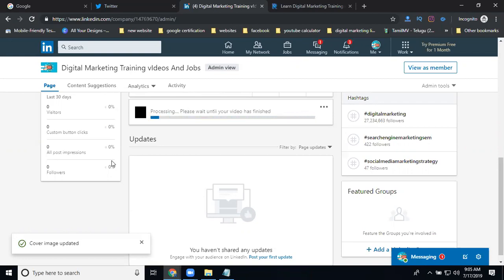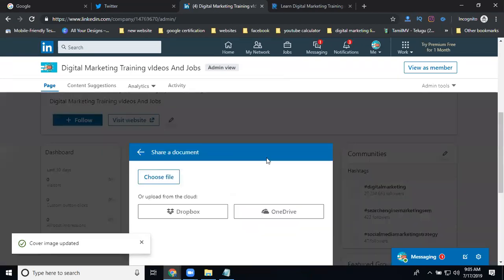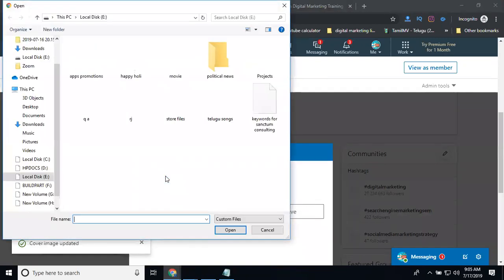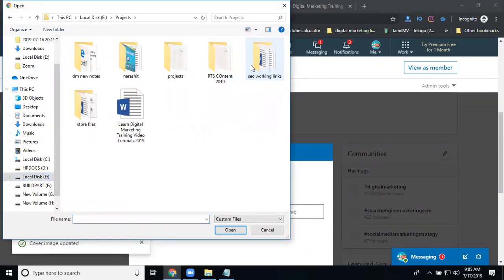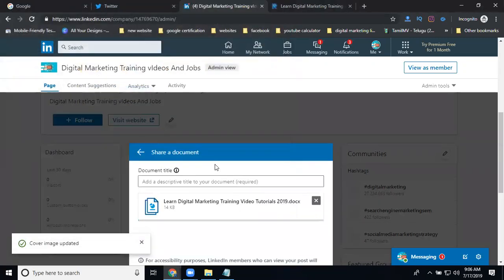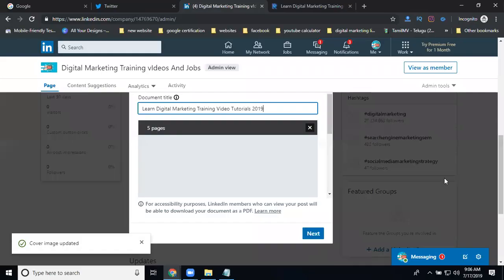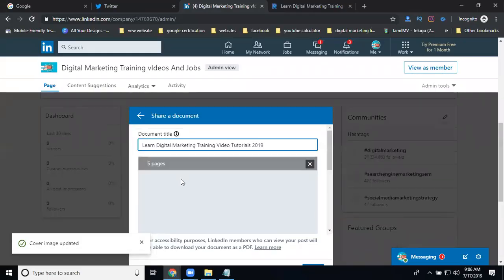Before uploading a video here, I'm uploading a document. Dropbox and OneDrive, these two options are accepted. Choose file. Select your folder. Document. Select your title and your